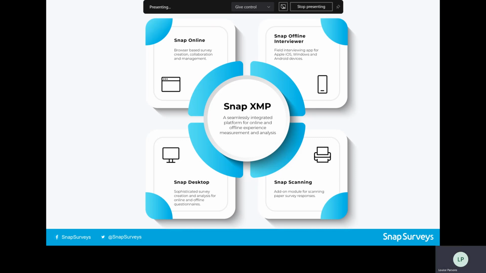The desktop integrates seamlessly with your online account, which is what you'll use for hosting and deploying both anonymous and invitational surveys. The desktop and the online account also offer great collaborative working, which we'll go into in a little more detail. The Snap desktop and online accounts are what we're going to look at today, but I always feel it's worth mentioning that